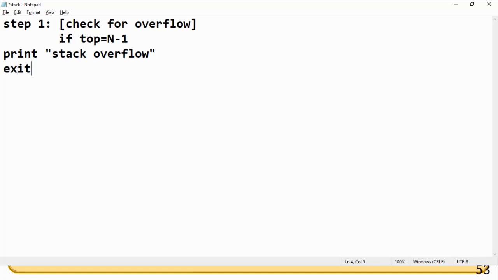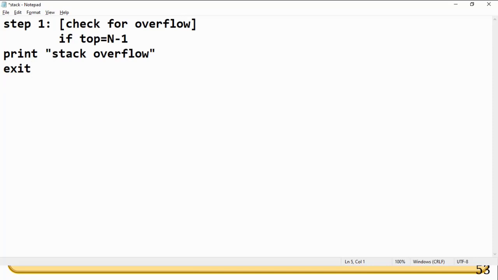Check for the overflow. If top is equal to n minus 1, where n is the number of elements in the stack, because 0 to n minus 1 is n elements,